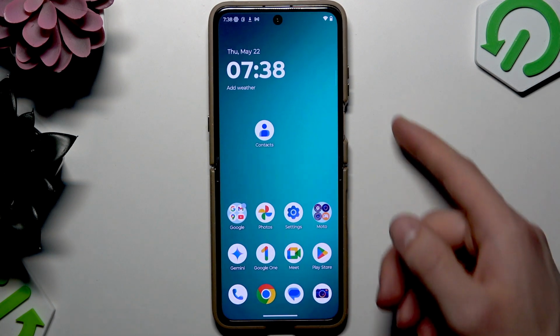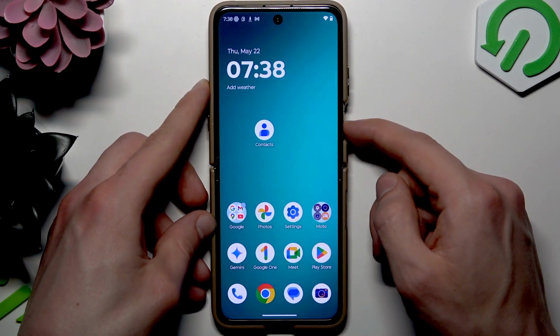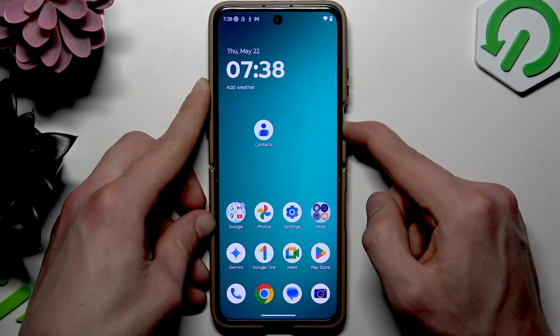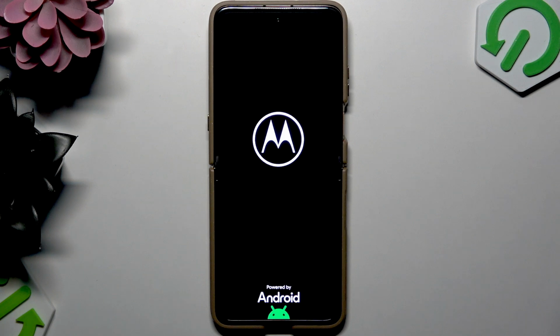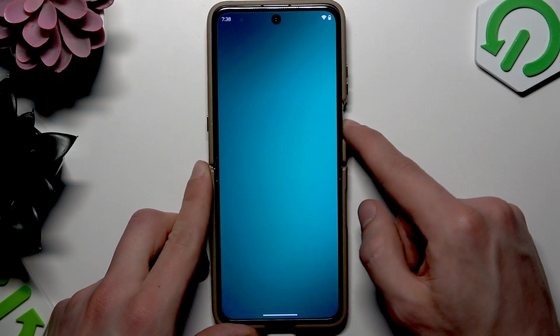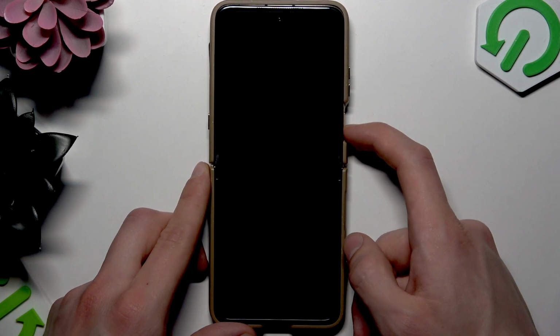Now before we try and use our fingerprint again, let's also restart our phone to make sure that this time everything goes smooth. Hold down the power key for a while and then wait until your device starts up again. And when the phone turns on, let's first try to unlock it using a pattern, and then let's try and use our fingerprint. And as you can see,